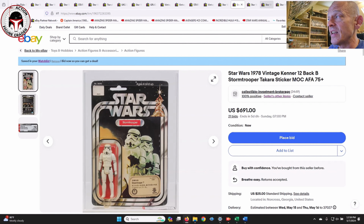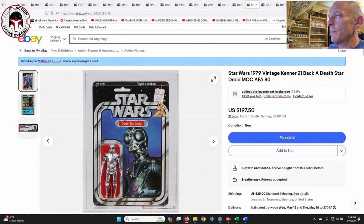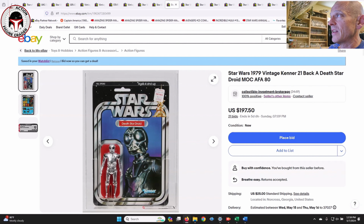That one's at $691. Next up is a 21-back A Death Star droid graded AFA 80, punched example with the price sticker. That one's only at $197.50 as of the making of this video. So that one's definitely going to jump, and it's still low in case you want to bid early using the